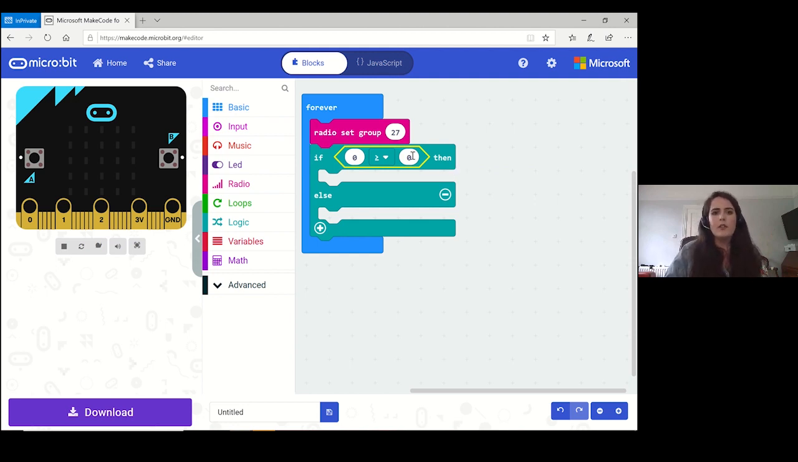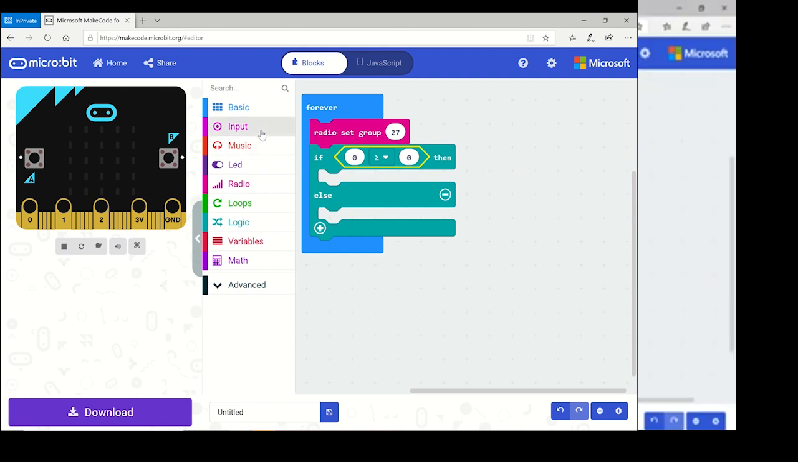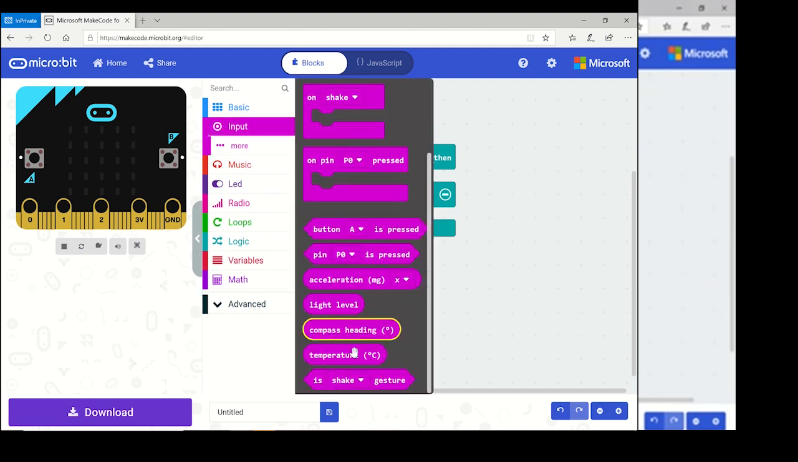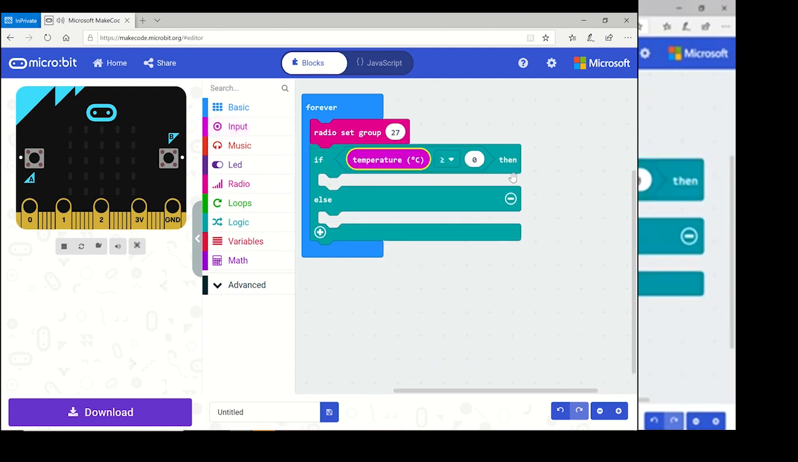Okay, so Niamh, where did we find temperature last week actually? Well, temperature is in the input section because it's one of the sensors that our microbit has. So it takes in information from the environment for the microbit, so they're found in inputs. Okay, that's a really good point because it actually takes in information from the outside. So I scroll down and I can see temperature here. So now if the temperature is greater than or equal to,